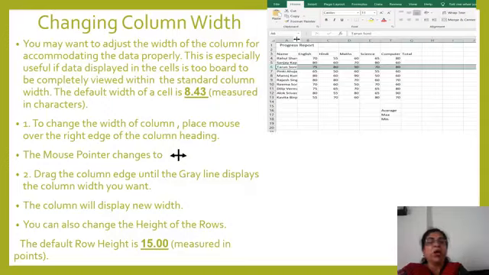You can also change the height of the rows. By default, the row height is 15, measured in points. For making changes in the row height, see the row numbers. Can you see 1, 2, 3, 4, 5, 6, 7, 8? All these are row numbers.